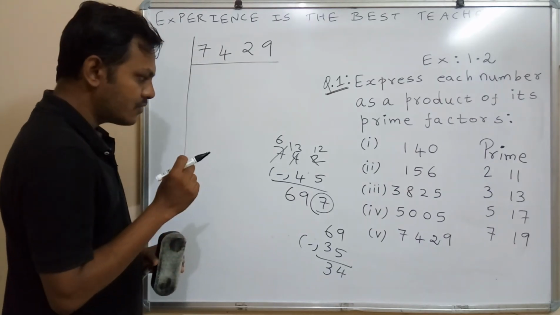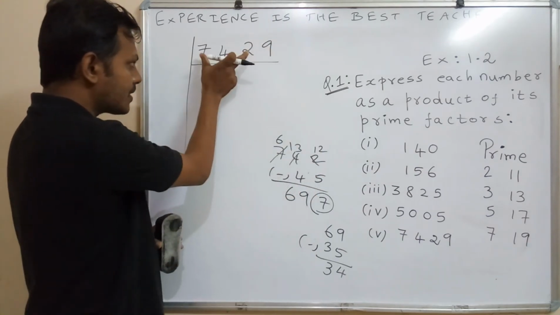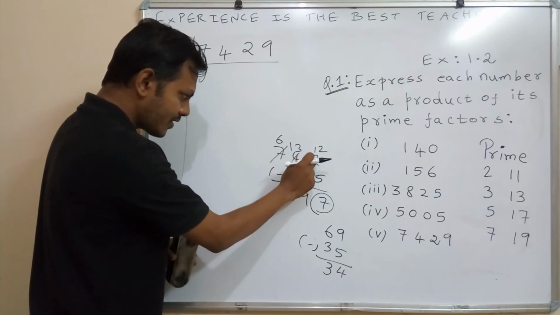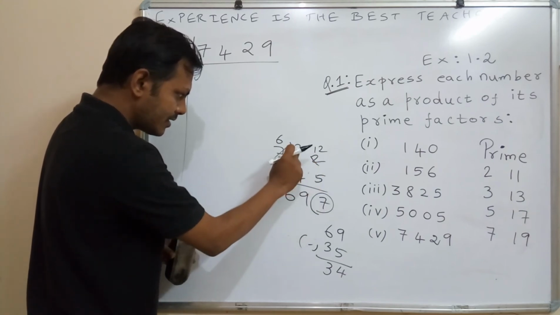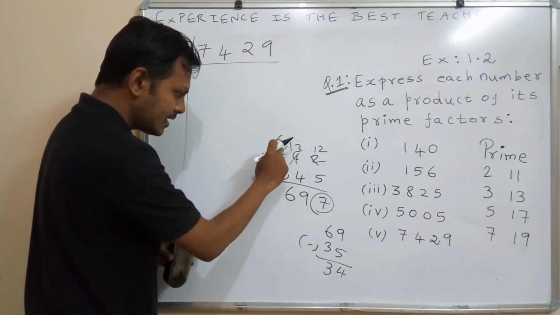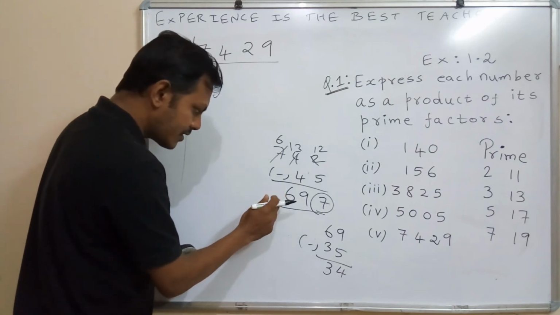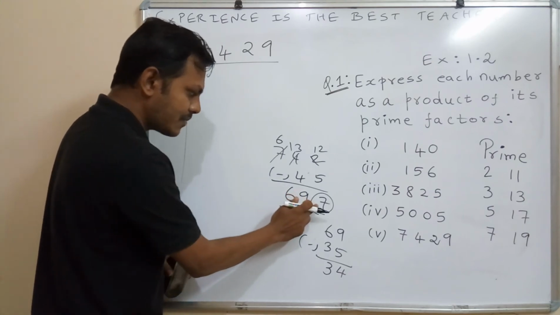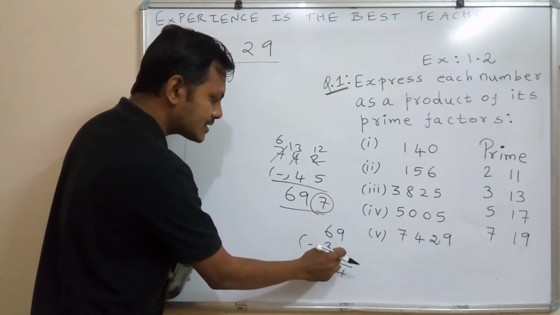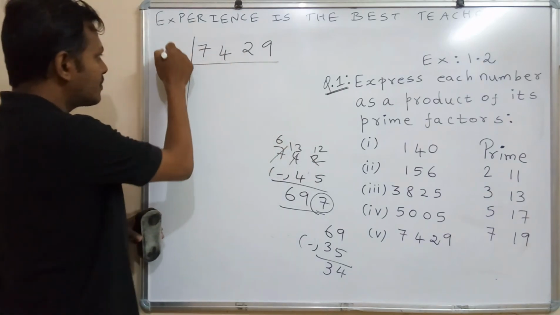So the divisibility rule for number 17 is 5 times the last digit, 45, and subtract it from the rest of the number. 742 minus 45, 12 minus 5, 7, it will become 3. So borrow from this, it will become 13 minus 4 is 9, 697. Again we can apply the divisibility rule for number 17 for this 697. 5 times 7 is 35, subtract it from 69. 69 minus 35 will become 34, will come in 17 table. So this number will come in 17 table.